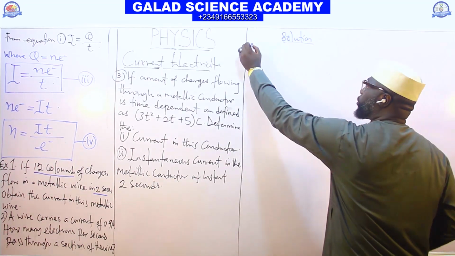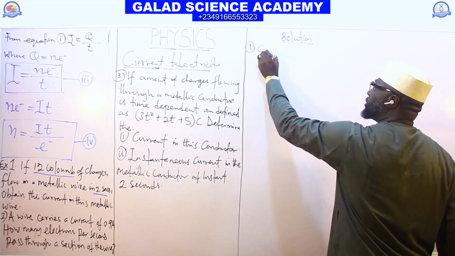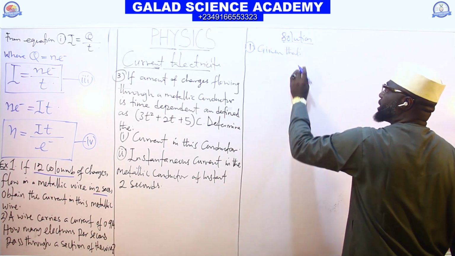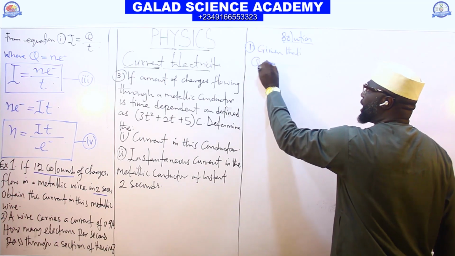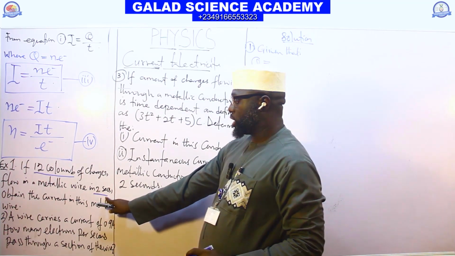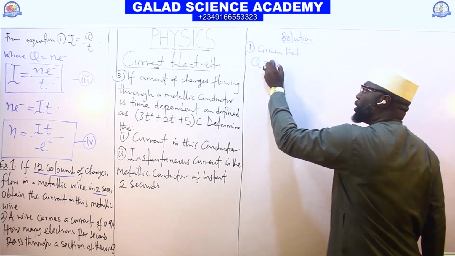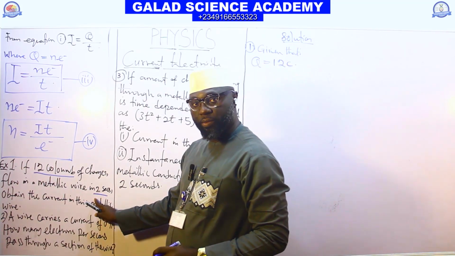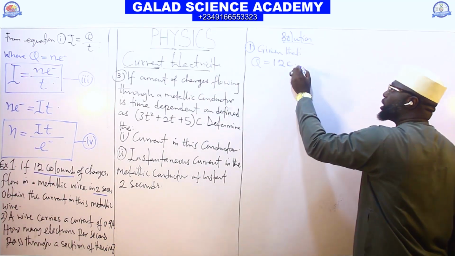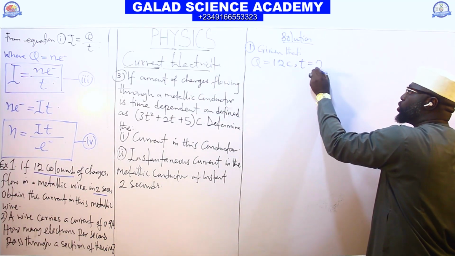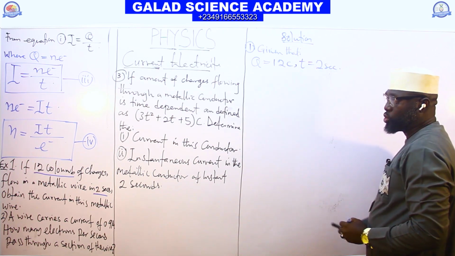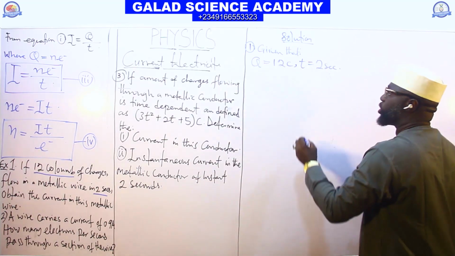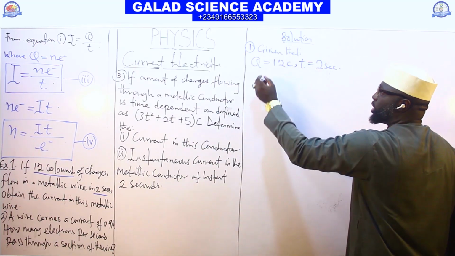So by solving question number 1, given the parameters, the Q there is 12 coulomb, and the time T is 2 seconds. Good. Obtain the current flowing in the circuit. What will be the current is unknown. So we know that using